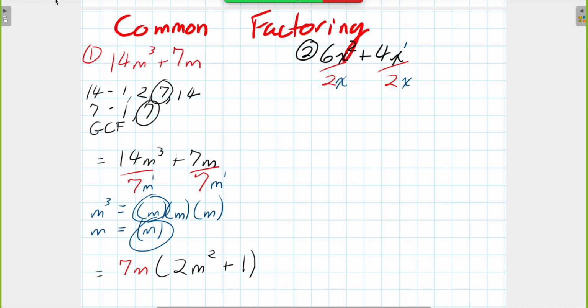So we said before, that becomes the term on the outside of the brackets. We have our 2x in this case. And then on the inside of the brackets, we just work with our division. 6 divided by 2 is 3. And x squared divided by x is just x. And over here, positive 4 divided by 2 is positive 2. X divided by x is just 1. So it would be 2 times 1. We don't have to write that 1 in, so we just leave it as